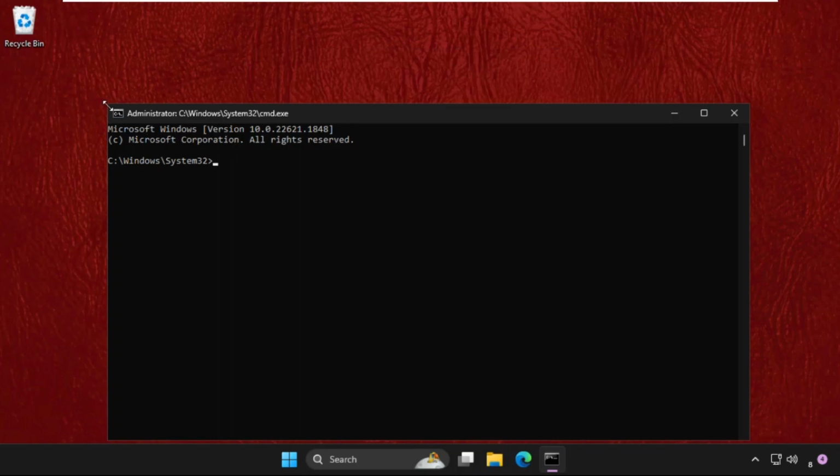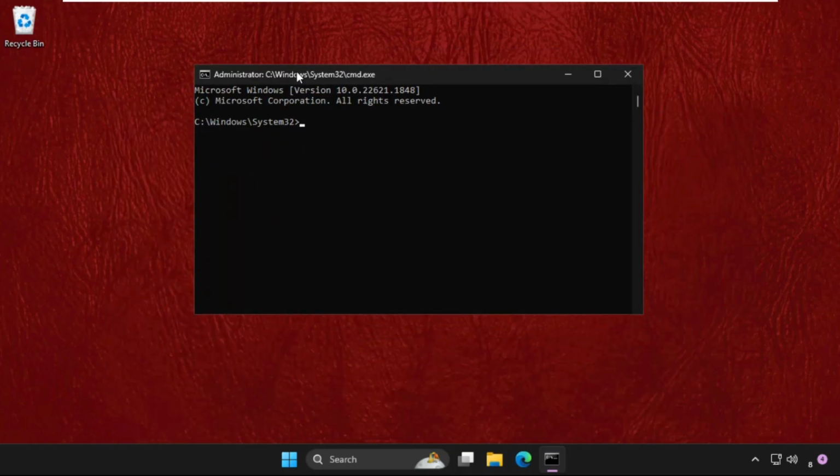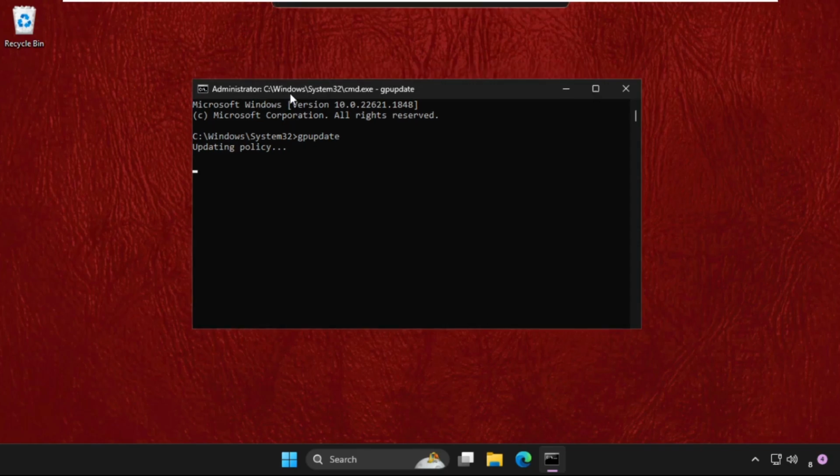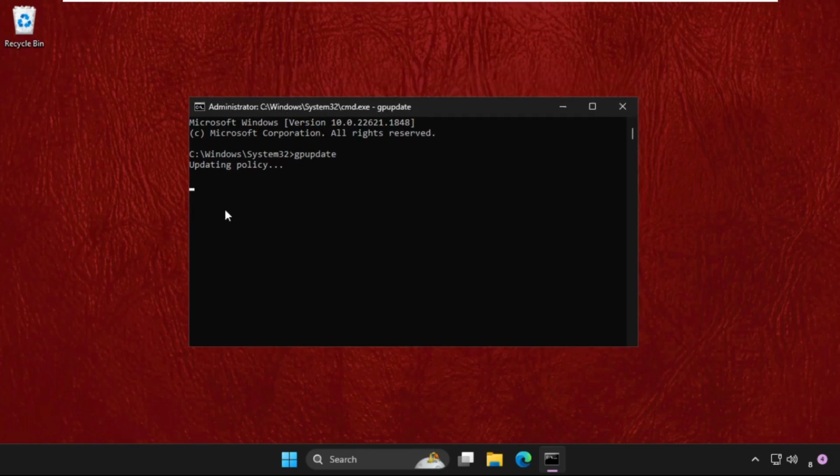Once we are here, we need to execute the commands, so type all these commands carefully and hit enter to execute them. Type in gpupdate and hit enter. Once done, we need to wait for a few seconds to complete the process, and then we will move to the next command, that will be